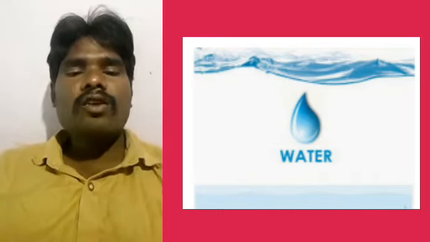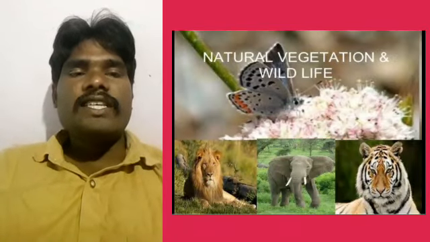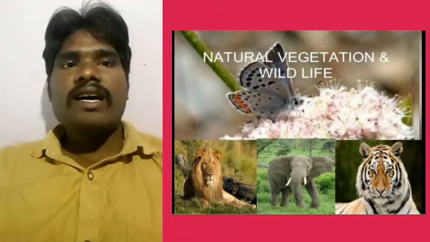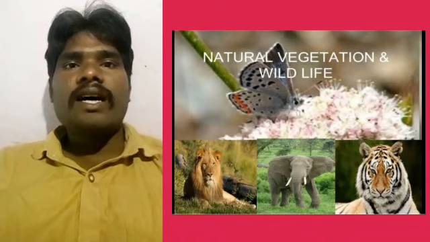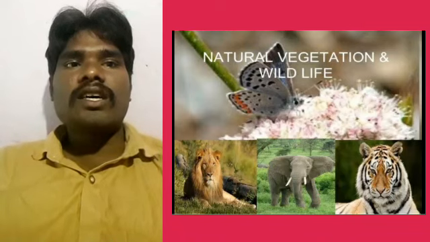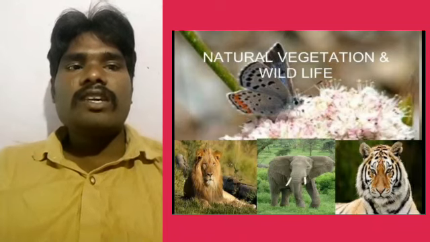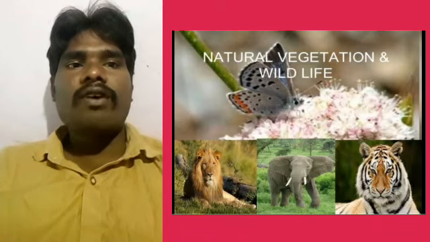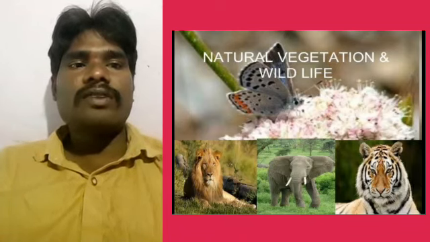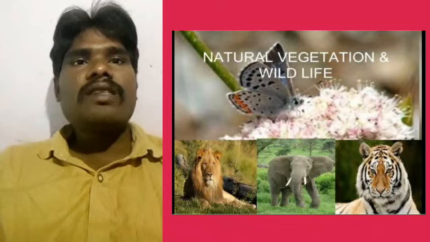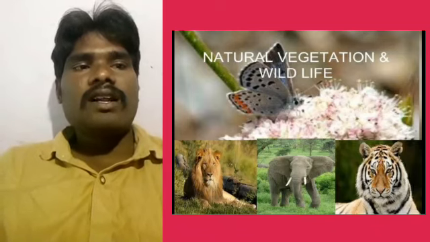Next heading, you are now learning natural vegetation and wildlife. Natural vegetation, listen carefully here, is too important. It exists in the biosphere where living beings depend on each other. The life supporting system is known as an ecosystem. Here you observe vegetation and wildlife. In vegetation, you may observe entirely different types of forests and areas. And wildlife means different types of animals, birds, insects, aquatic life, etc. Okay, right, very good.